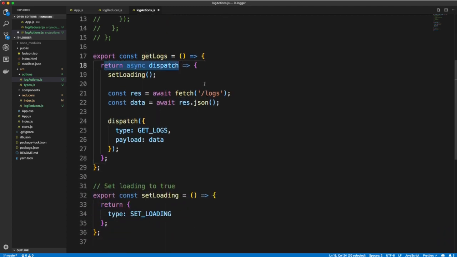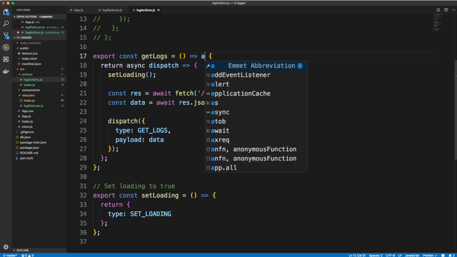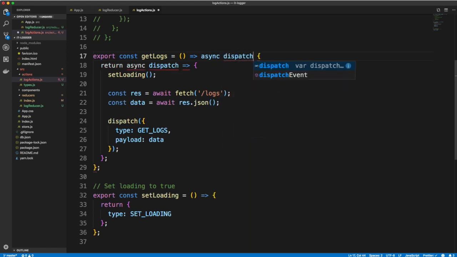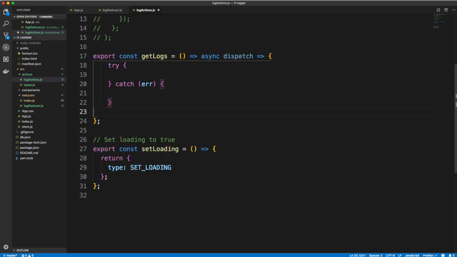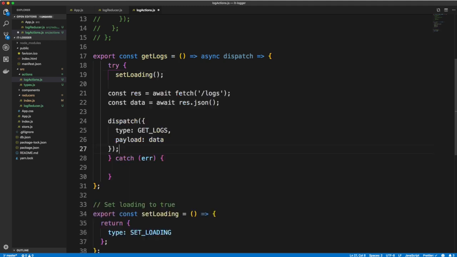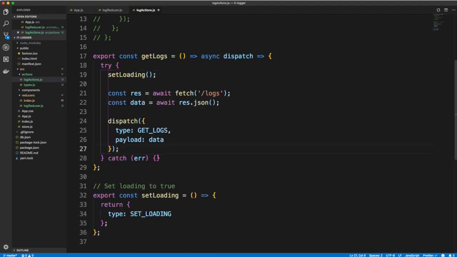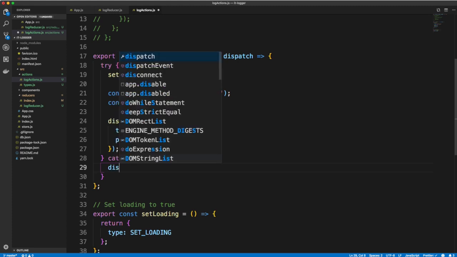So instead of doing this, we can go to this first line here, and after this first arrow we can then do async dispatch and then an arrow, and then we can actually cut this entire thing out, this and its ending curly brace. Okay, so that's one, and then we should add a try catch here, catch error, and then what we'll do is we'll put all of this inside the try. Okay, so if everything goes okay, and then inside the catch, let's go ahead and dispatch